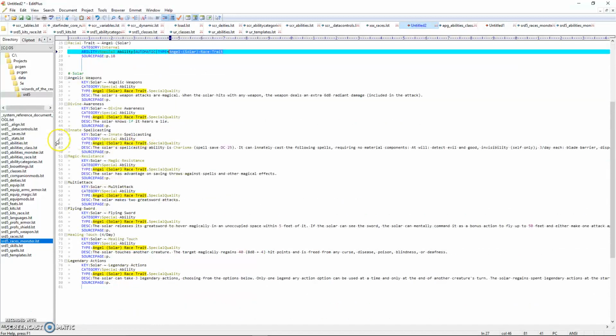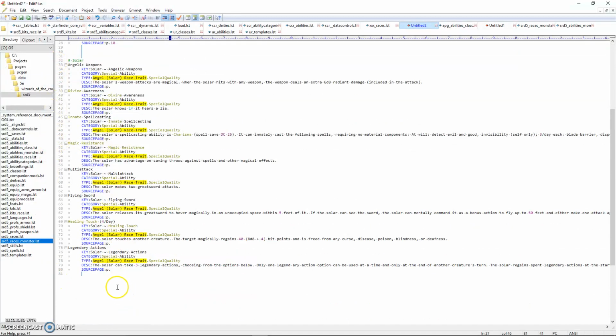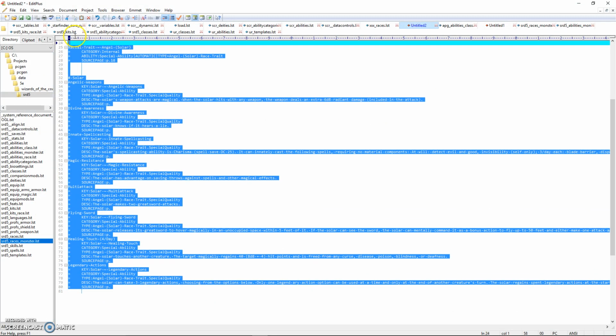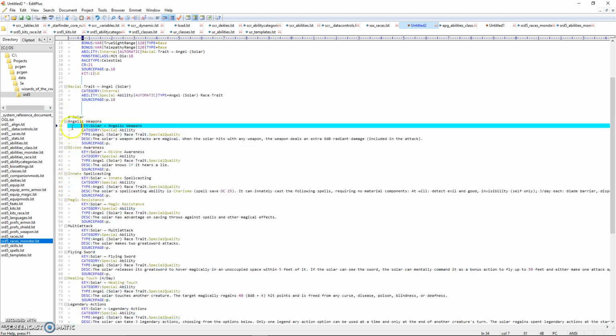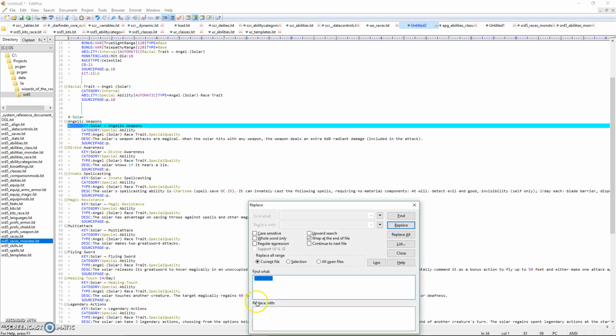So all the abilities would go into an ability file. Let me just make sure I point this out. From this point down, this is going to be in an ability file, and all these indentations here, this is just to make it easier for you to see it. These are all supposed to be single lines. So if I take this and do this,